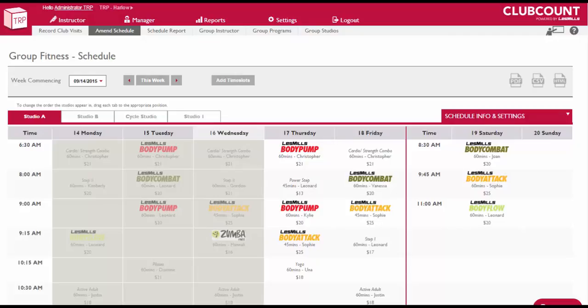A couple of points before we start. Firstly, I'll use the term schedule. This can also be referred to as your timetable depending on your preference and your setup, but means the same thing. Secondly, the tutorial is currently available in English, but all of your in-system tutorials will be fully translated throughout